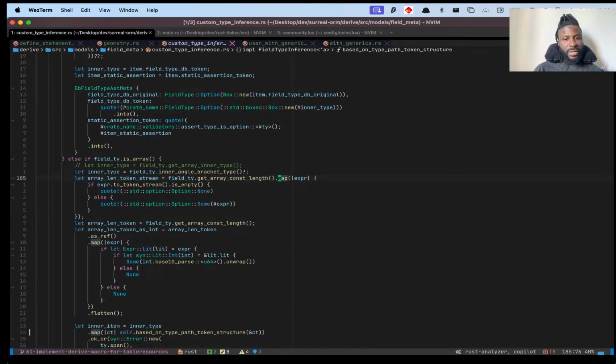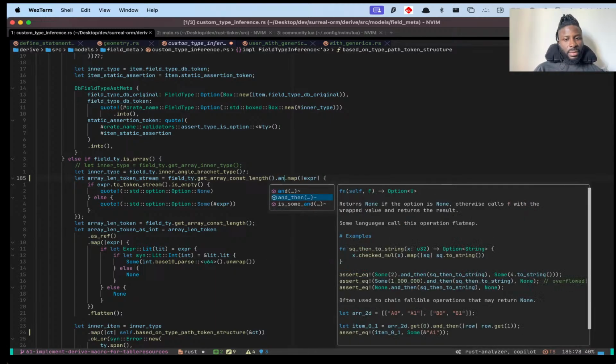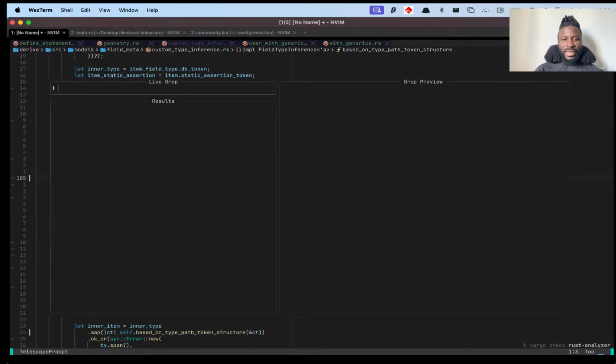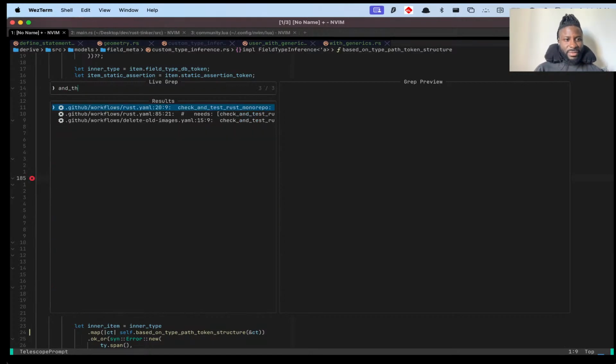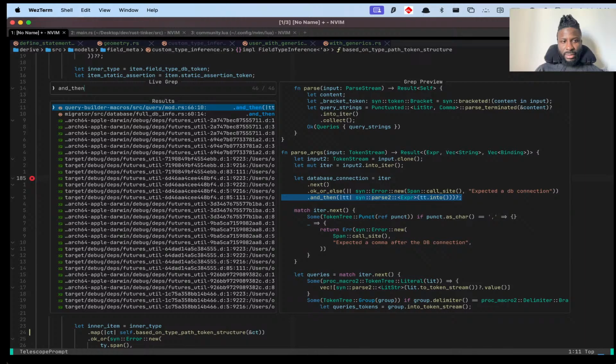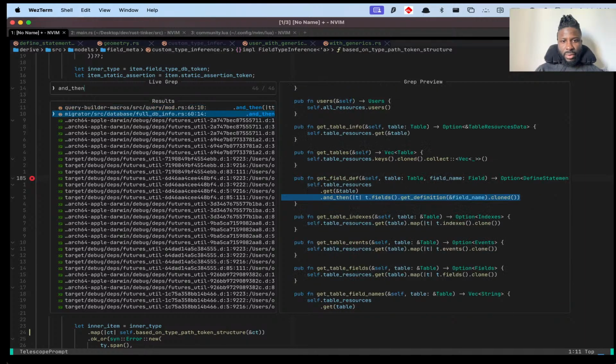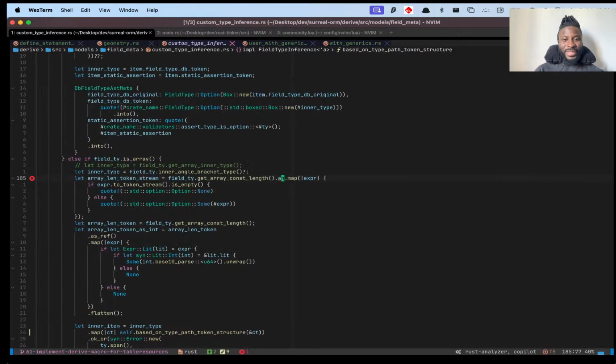If I need to check that, it actually just occurred to me that I've never used an and_then in this code base. That's actually crazy. Oh, okay, maybe twice. I usually just use map, but in this case,